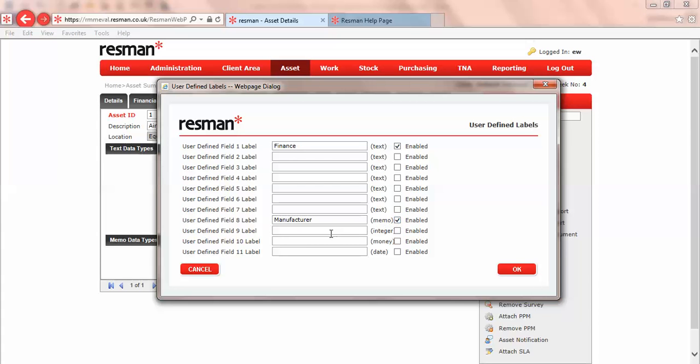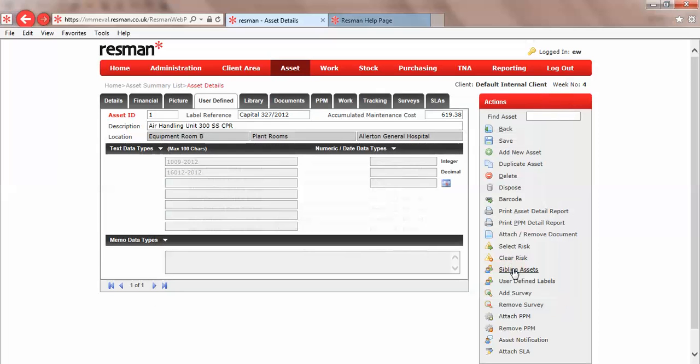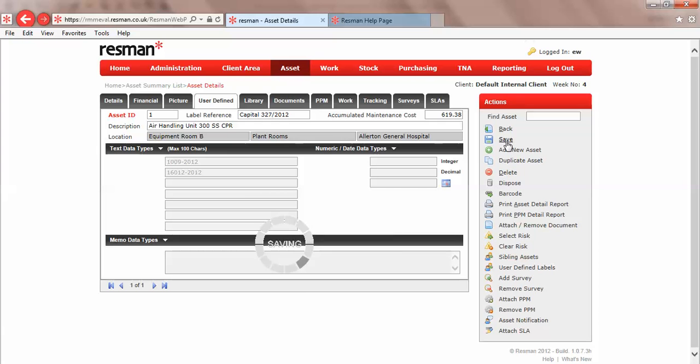The integer one, which is field 9, I'll just call that number, and enable. And the decimal one, so that we could use 2 decimal places, I'll put in there something like rental cost, and enable that. And the final one, the date field, we could put something in there like audit date, and enable that. I then click on OK, and we save the record,